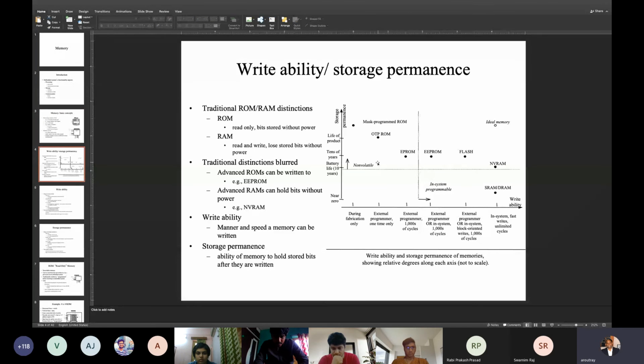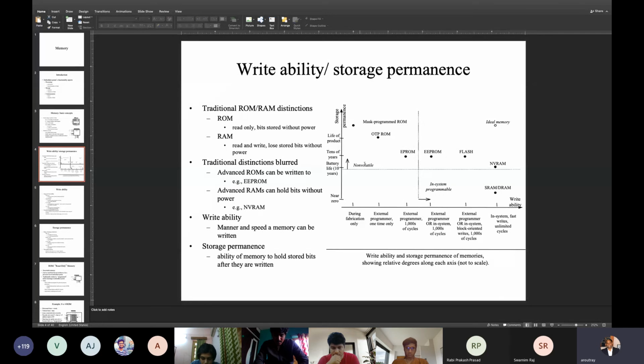There are lots of memories like one-time programmable memory, OTP ROM, static RAM, dynamic RAM, and flash memory. There are 2 things here. One axis is the read and write ability, the other is storage. Read ability is apparently the same for everything, but write ability varies. For example, write ability for SRAM is very easy. You can write and read very easily. But writing in an OTP ROM is very difficult. It has to be done during manufacturing. But OTP ROM is very cheap. SRAM is costlier. OTP ROM consumes less power.